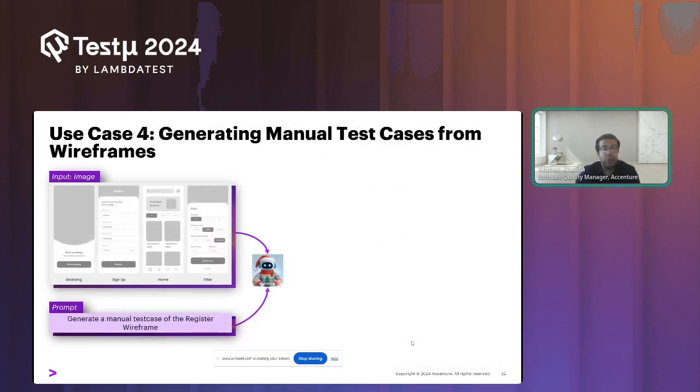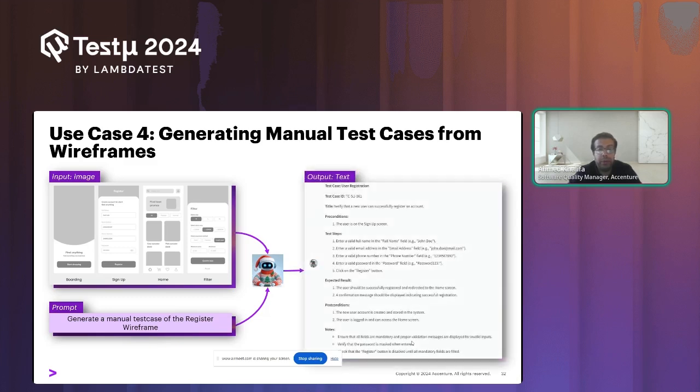And then let's go to use case 4, where I used this multimodal to generate manual test cases from a wireframe. This is something that we usually do if you are working on a project: you have a requirement, and then you have a design wireframe, and then you start writing manual test cases and then doing automation, right? But usually we spend a lot of time writing these manual test cases. Now with this multimodal and these visual capabilities, you could really do this in less than 1 minute, right?